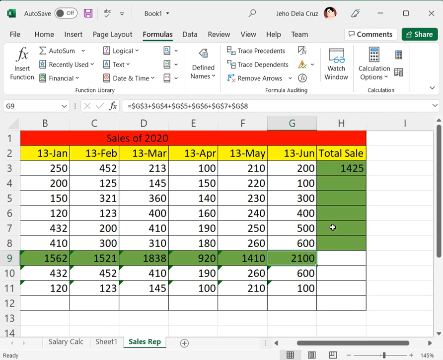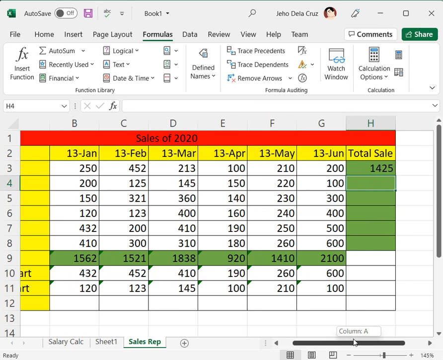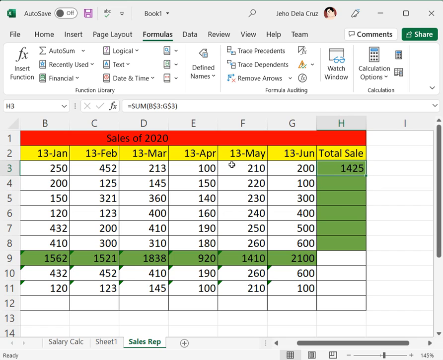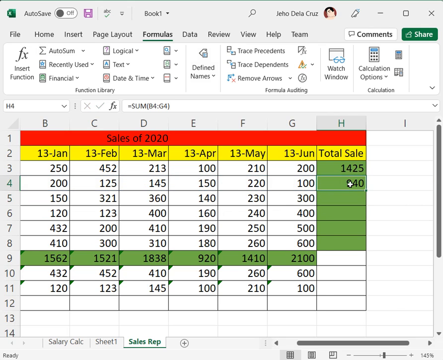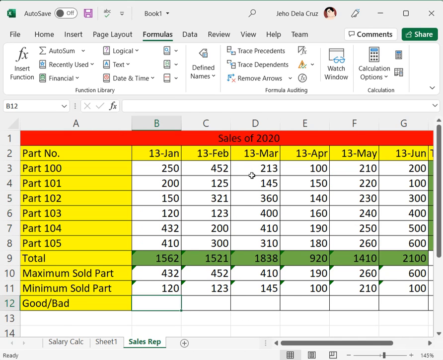We just get the total, so auto sum, and then drag. So we'll get the